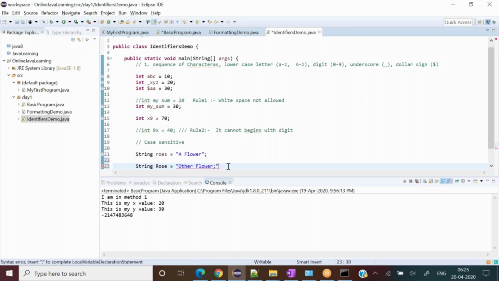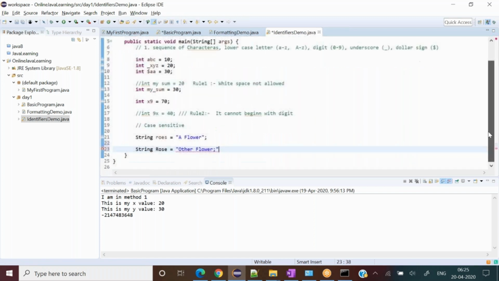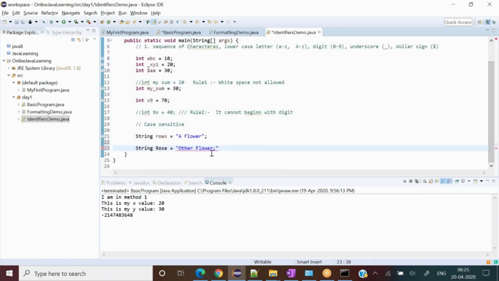So these two are different variables. You cannot say the rose which starts with lowercase is the same as the Rose which starts with uppercase, right?